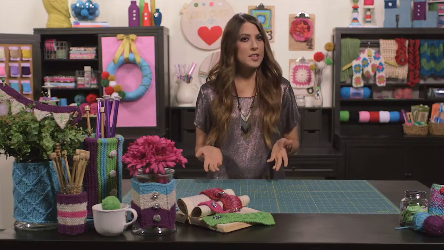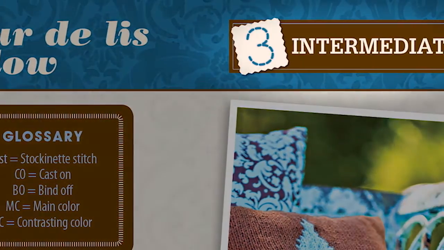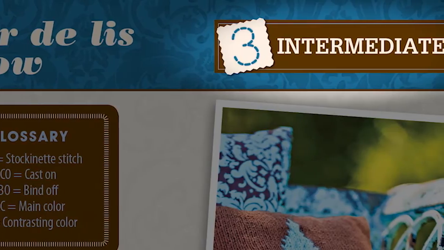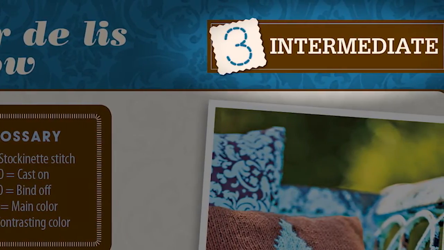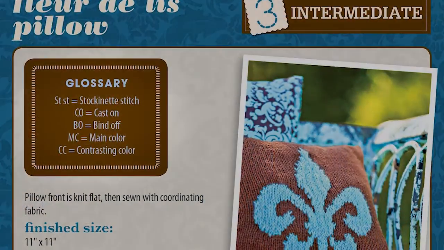So if you're looking at a knitting pattern for the first time, it can look a little intimidating. So we're going to go over all the different sections that you would typically see on a knitting pattern in order for you to understand what it is you're even looking at. The first thing you might notice is a skill or difficulty level. These can range from beginner to expert. So if you're looking for a pattern as a beginner, you definitely want to pick out a pattern that's at a beginner skill level. Not far down, you'll see a section called the glossary.